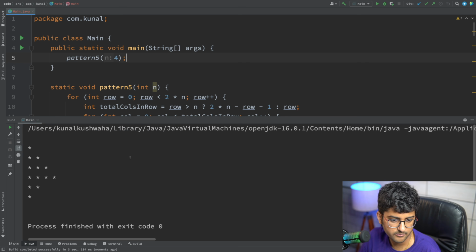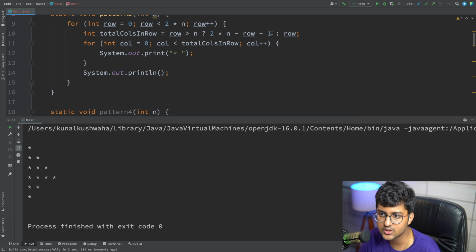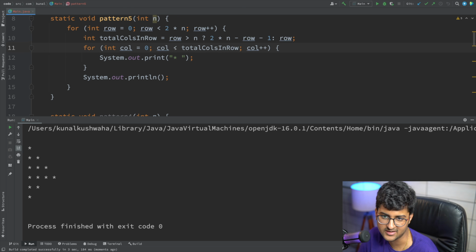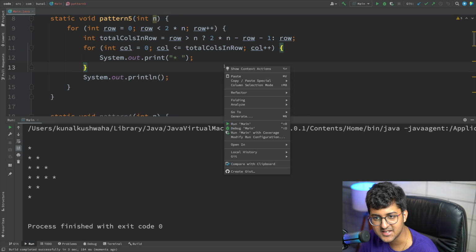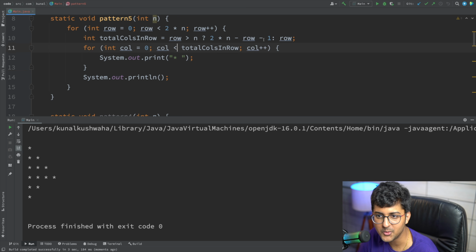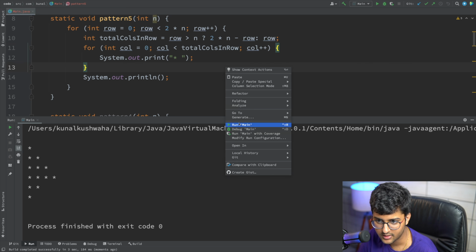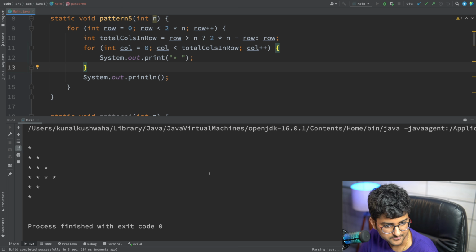Very simple stuff, but okay. Here, one second, it should not be minus 1, I think, because this was the total number of columns, but we were doing less than over here. So either you can do less than or equal to, or I can remove minus 1 from here, because the columns one is also running from 0, right? So I can remove minus 1 from here. This should work. Ta-da!